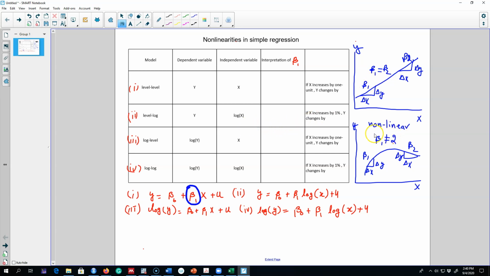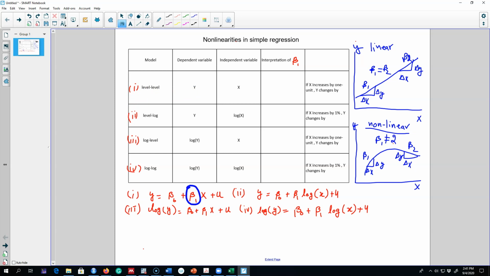One way to convert this type of nonlinear model into a linear model is to transform the x variable, the y variable, or both x and y variables. We discussed the example of wage and education, and obviously the assumption that education has the same impact on wages no matter what the initial level of education is doesn't make sense. So we have to make this nonlinear model linear. There are a bunch of ways we can do that. The easiest way is to take the log of either the dependent variable or the independent variable, or both the dependent and independent variables.